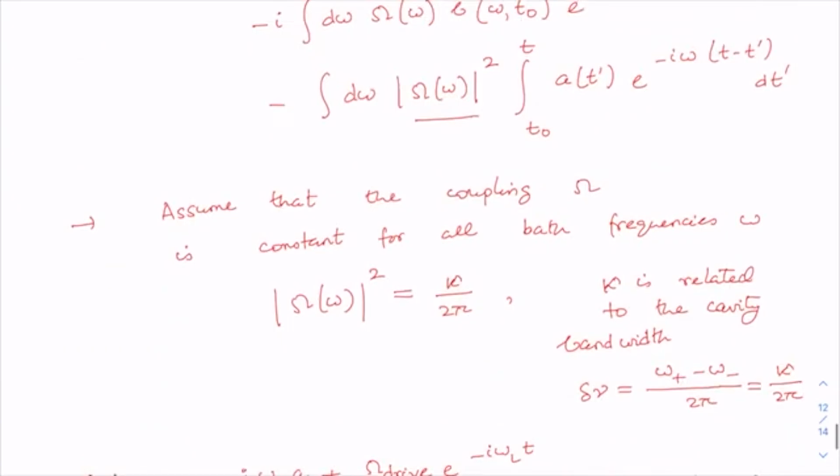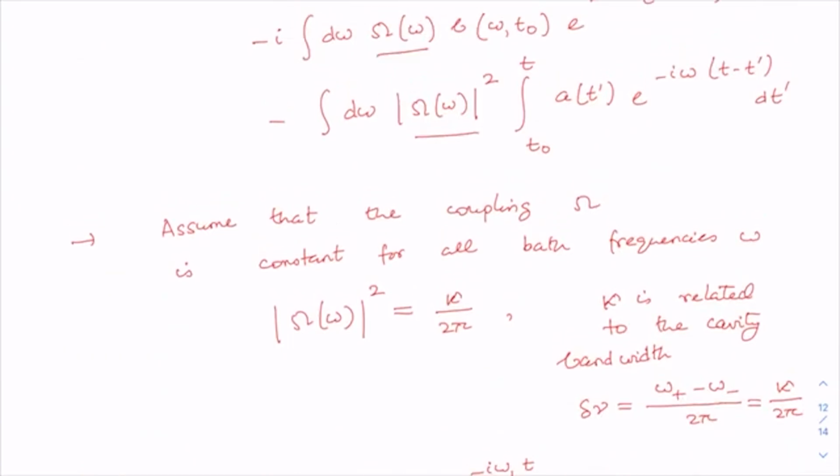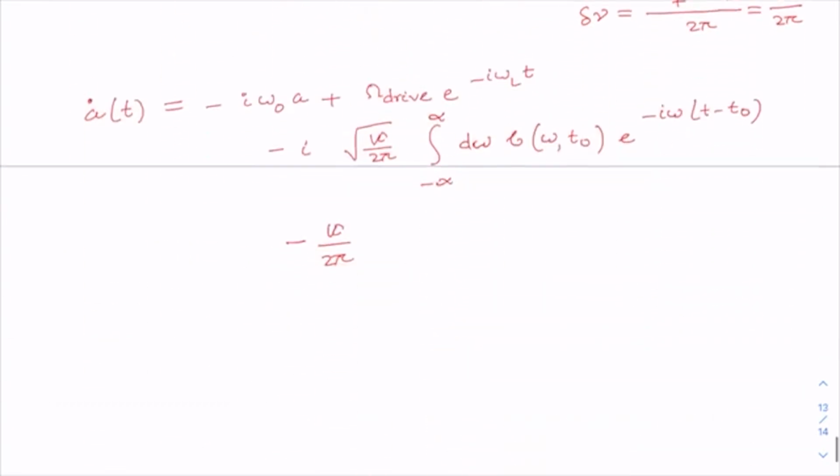I am basically replacing mod omega square, capital omega square, by kappa by 2 pi. So I am rewriting it only, nothing new here. Integration t0 to t dt dash a of t dash,